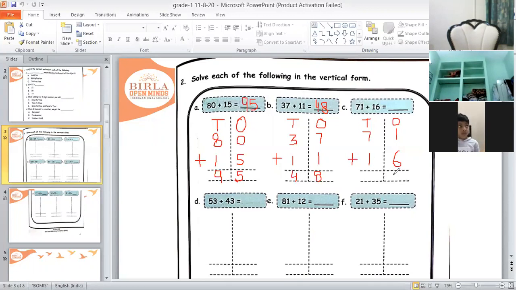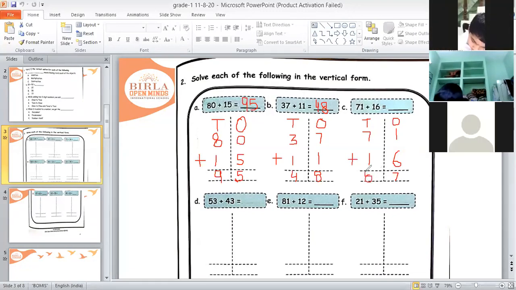Okay, so now Bhanu, tell me, 1 plus 6 how much? 7. Yeah. Children, 1 plus 6 is 7. Right, very good. And 7 plus 1? 8. Yeah, very good, Bhanu. See here, children, 7 plus 1 is 8. So after 7, you have to count 1 forward. So the answer is 87. So you have to write that answer in that blank space also. That's the correct answer.